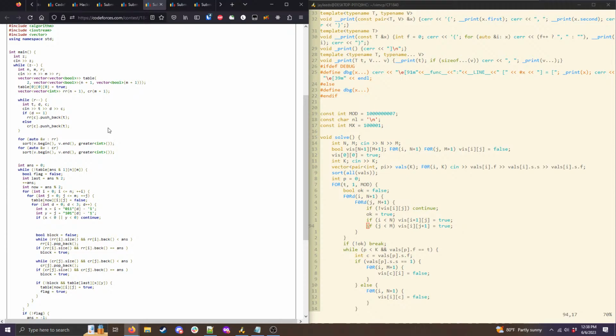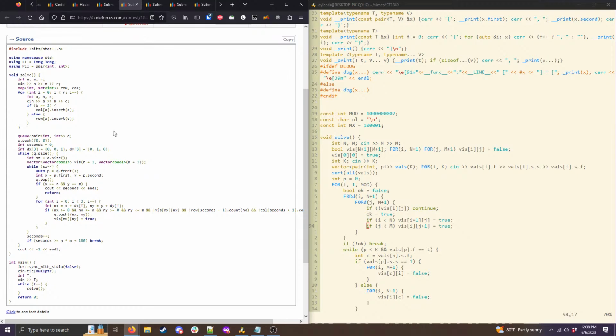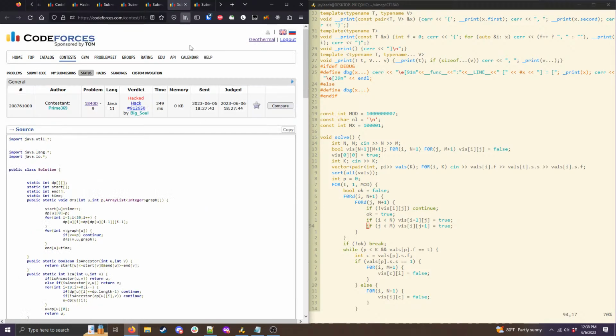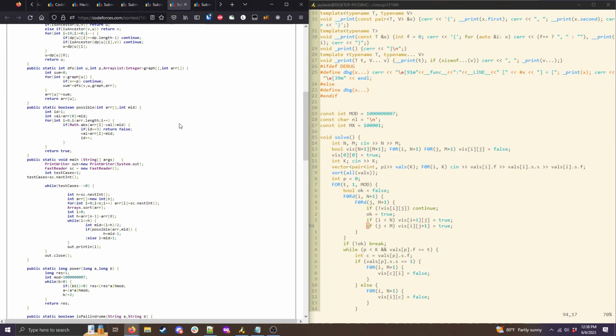Let's see. So it looks like most of these solutions that are being hacked seem to involve, well, let's see. What's RR? Yeah, so my thinking is that it seems like most of these solutions are getting TLE essentially because the implementation is a little inefficient and ends up using more memory than it should. And so what I mean by that is,